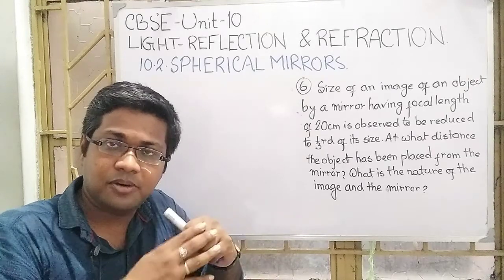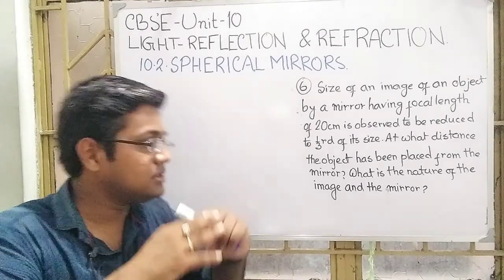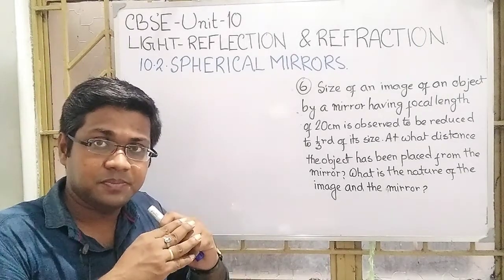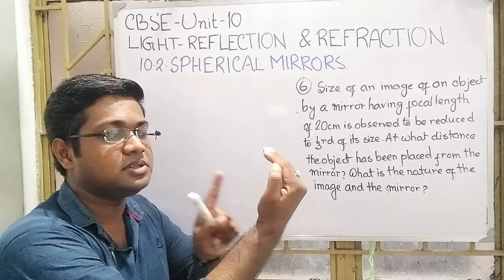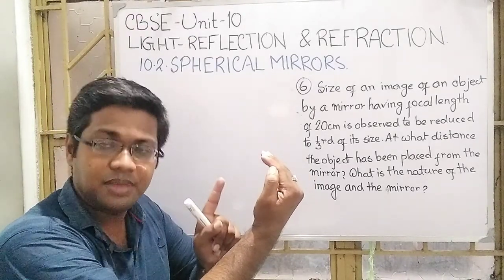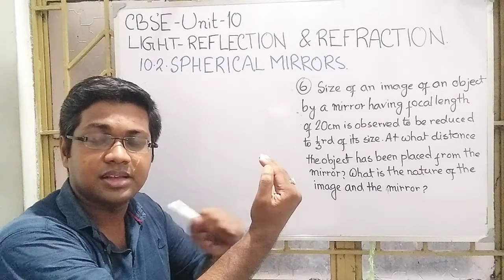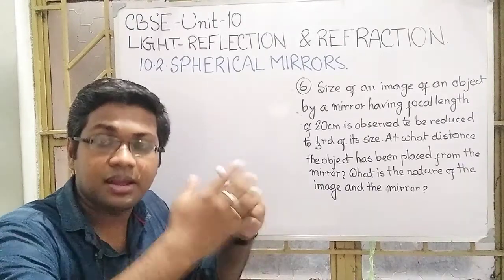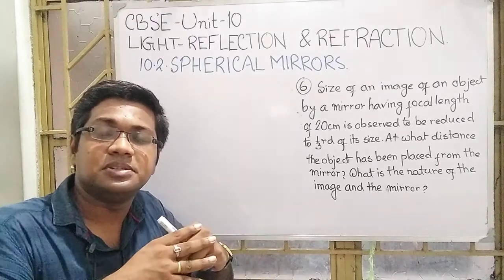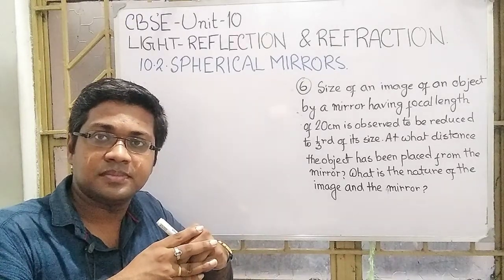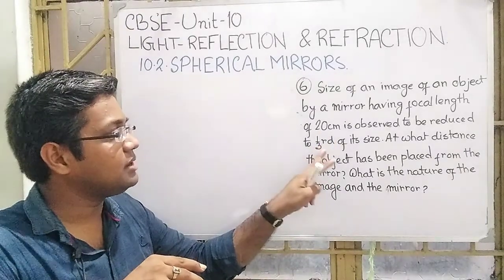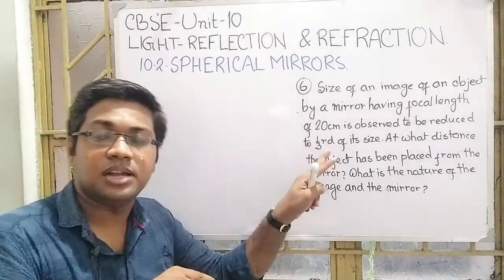If you get my point, then it is okay. Otherwise, you just look at this video. I think that will be clear to you. If we just push the object towards the mirror after crossing the center of curvature, the image that is obtained starts becoming more magnified and larger than the object. But here the image that is obtained is 1/3 the size.